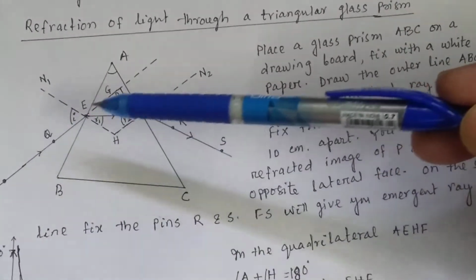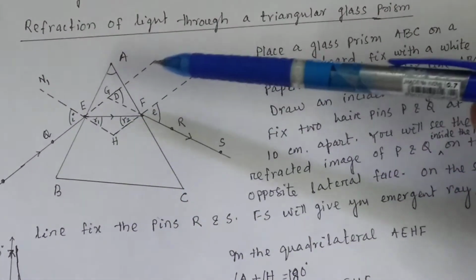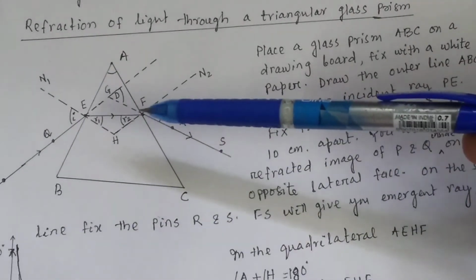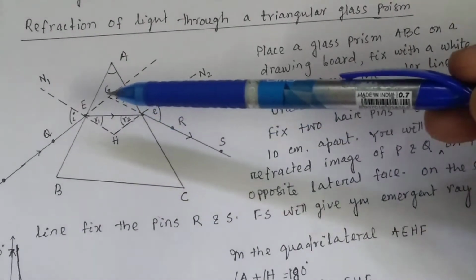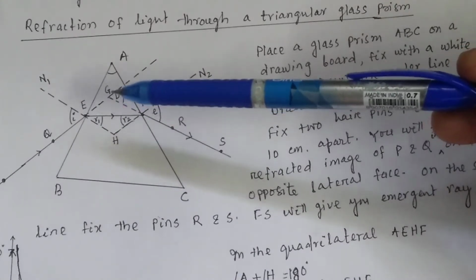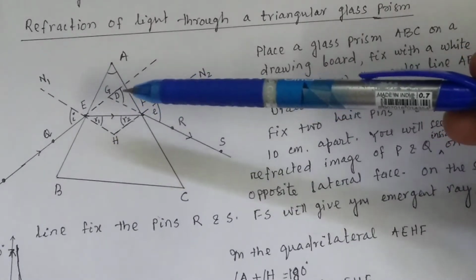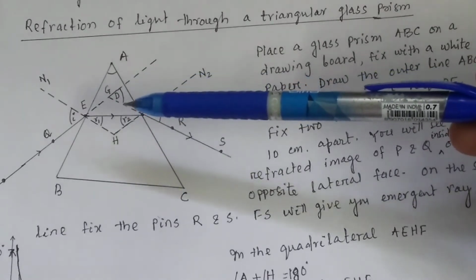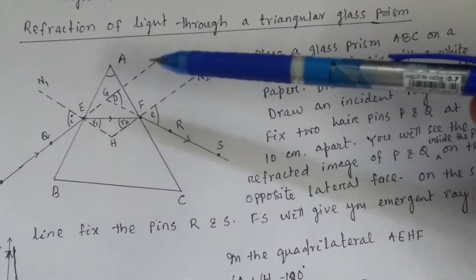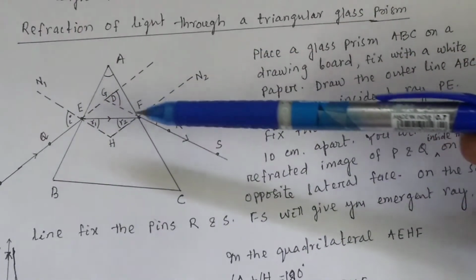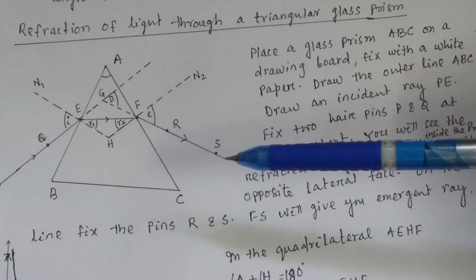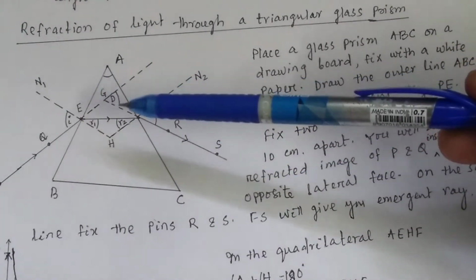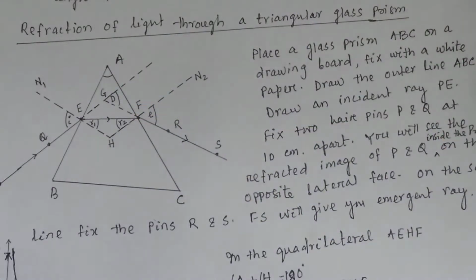Initially light was traveling in this direction, and finally it emerges in this direction. If you join the lines in the backward direction, they will meet at G. So this angle D will be the angle of deviation of the light ray. This is the original direction of the light, and this is the direction of light after passing through the prism. So the amount of angle deviated by light is this one, the angle D.